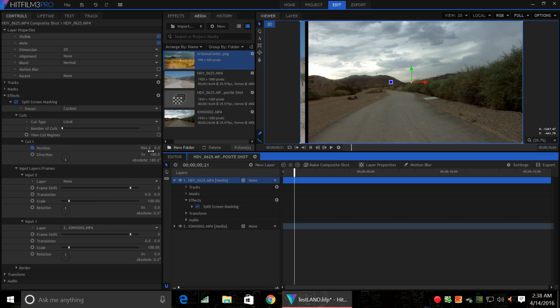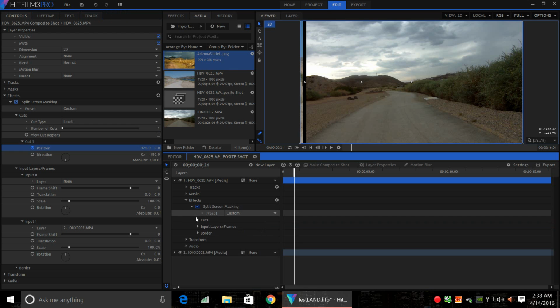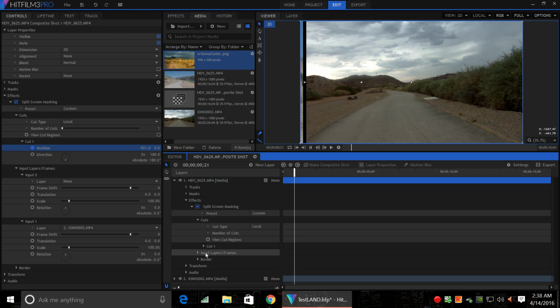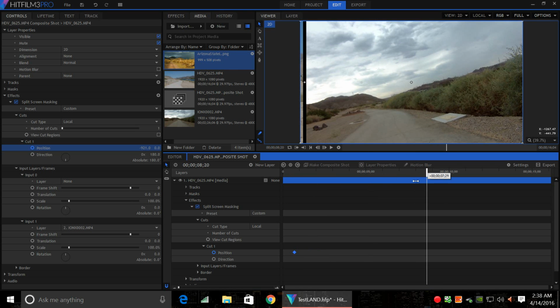Position, cut 1. I moved it over so that it's against the wall, and I clicked. When you click the position circle here, it creates a keyframe on the timeline. To see that on the timeline, we go here, cuts, and cut 1, and there is the keyframe diamond on the timeline. We'll move forward on the timeline to, let's say, here,